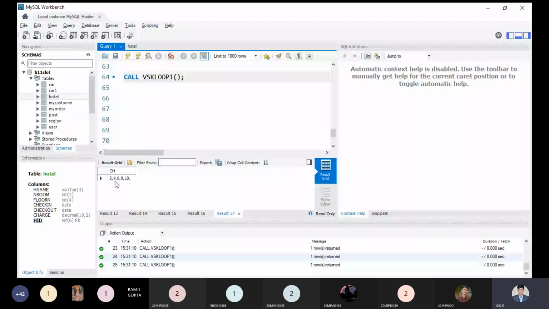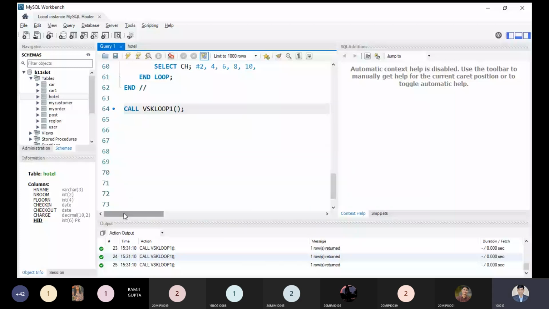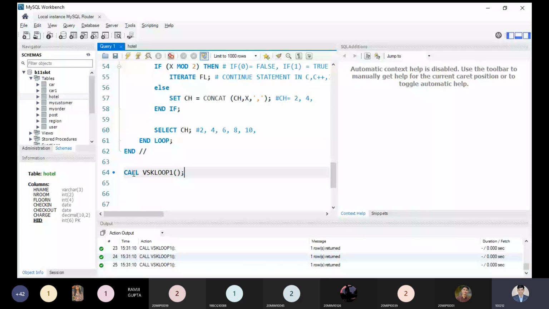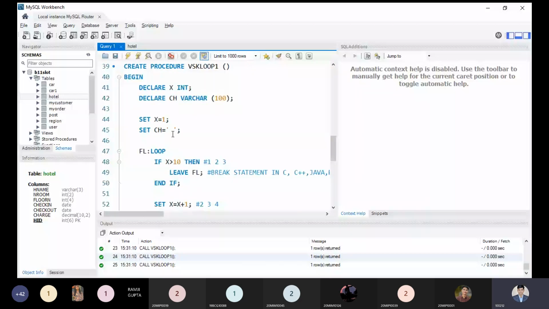So this is a simple program we have created by using this simple concept. Looping is basically the most important part of creating anything over here. Now, for betterment, I'm using another program. So this was our first program.